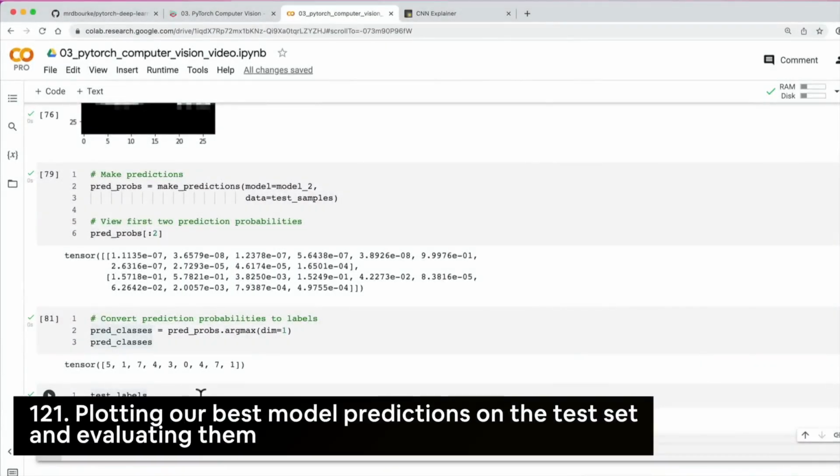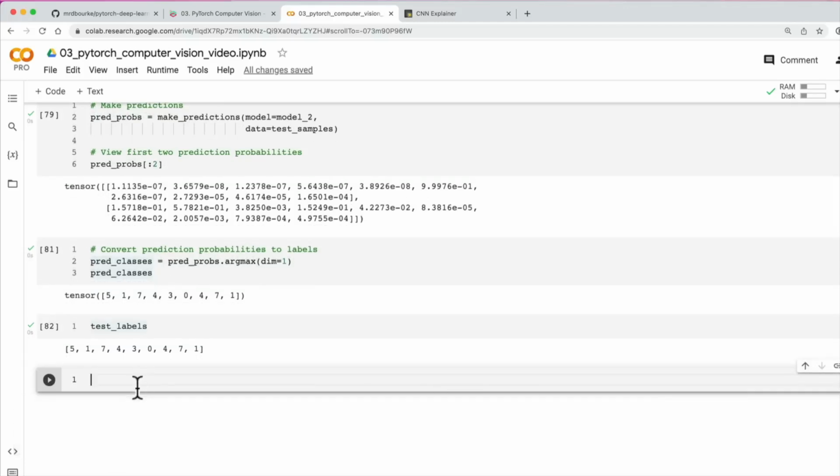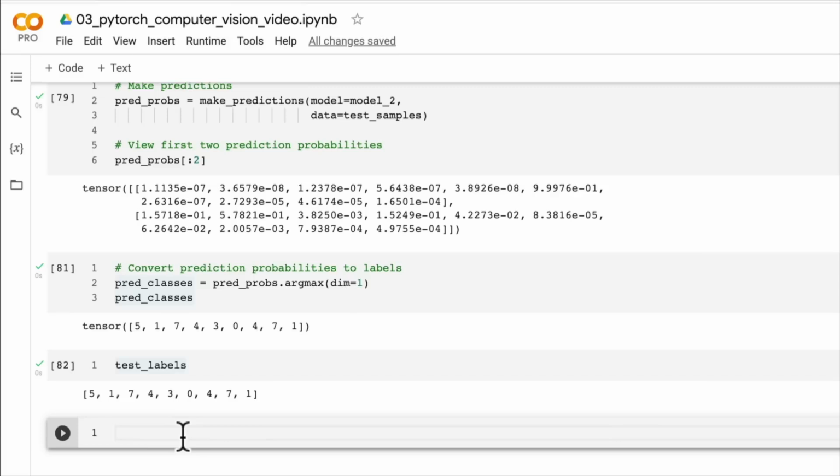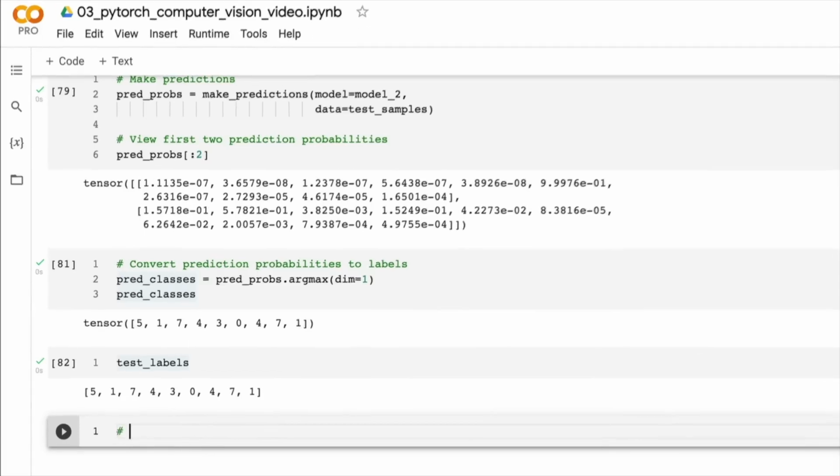Let's now continue following the Data Explorer's motto of visualize, visualize, visualize. We have some prediction classes. We have some labels we'd like to compare them to. You can compare them visually. It looks like our model is doing pretty good, but since we're making predictions on images, let's plot those images